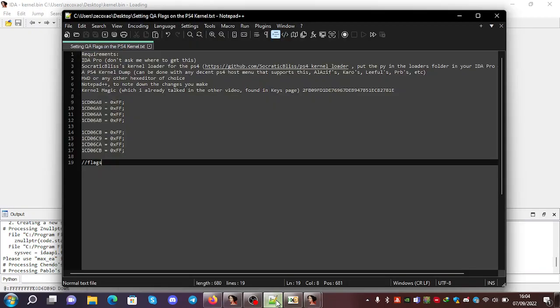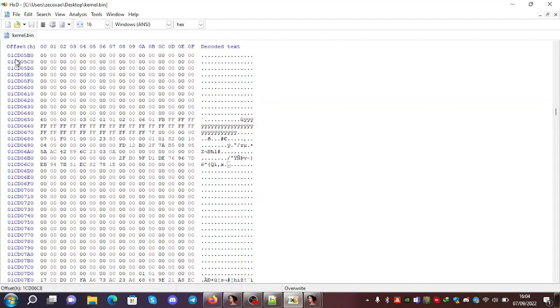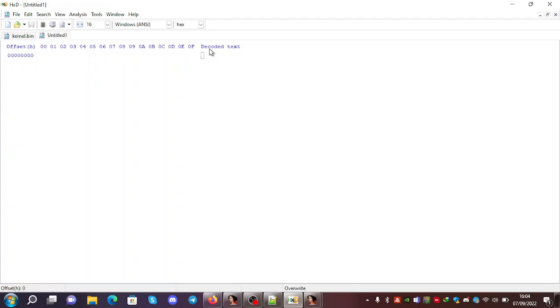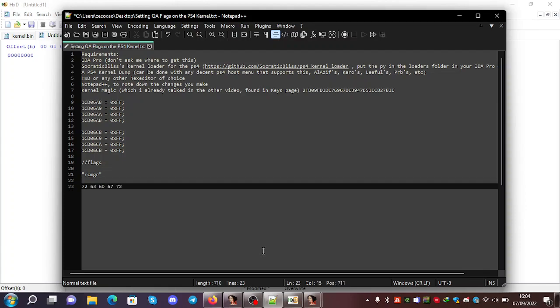So when we're going to do this, we need to find a string of bytes. The string of bytes is the following: rcmgr. So if we go here to a hex editor and we write here rcmgr in small letters, we go here, we paste it here, we know it's this one,